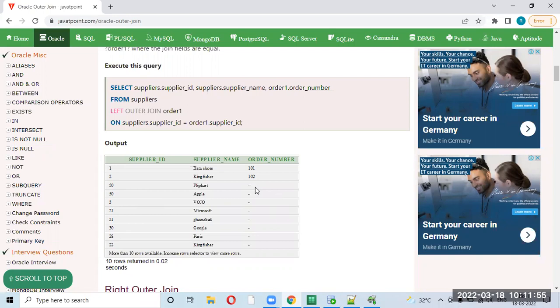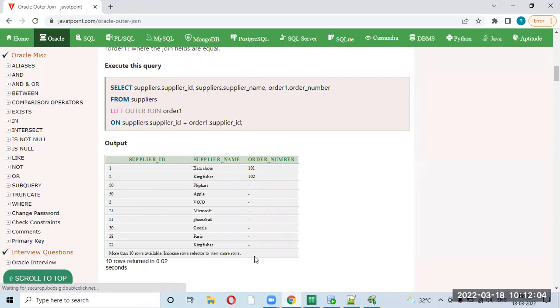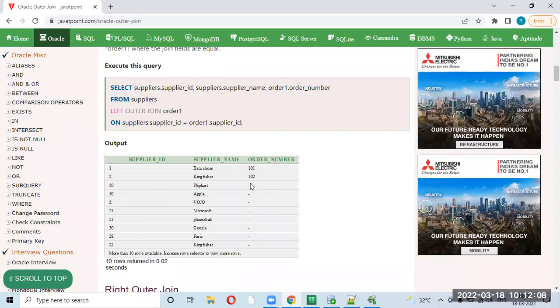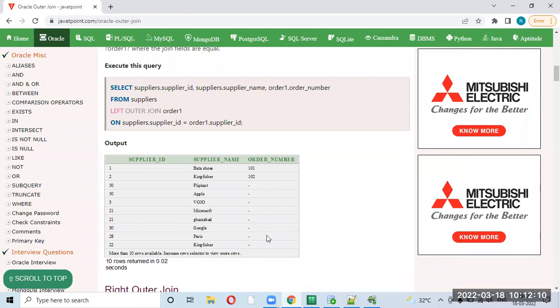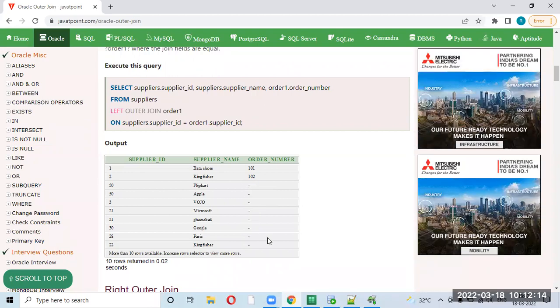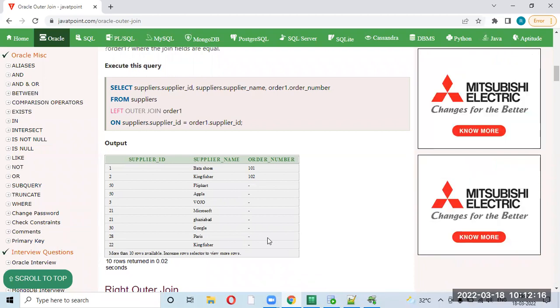So whatever is unmatched in the right table, for that particular column, the value will be null. Here it is shown with a hyphen or something like that, but in actual real time you'll get nulls.